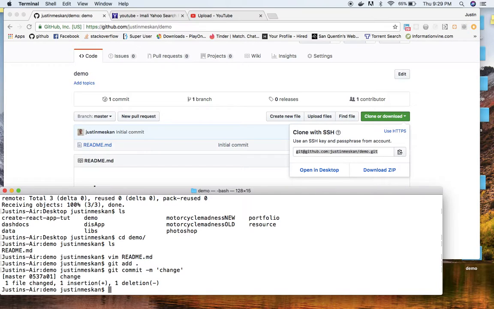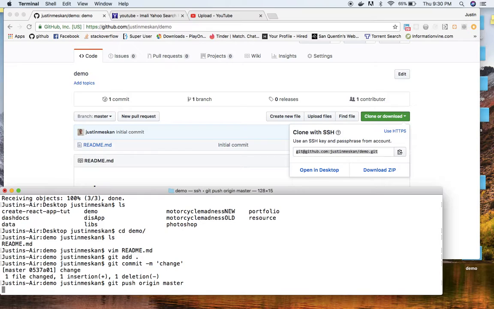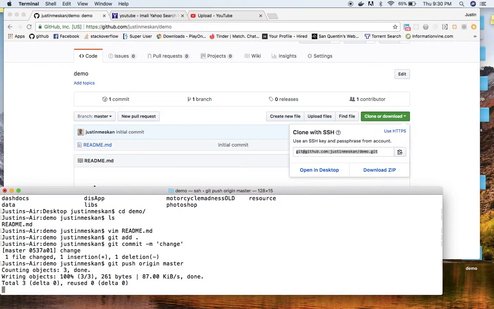And okay, now we have changes. We've staged them. We've made our first commit. And there's one more command to push this new commit to GitHub, and that's git push. We're going to say origin and master. The branch that you're on is actually called the master branch, so we want to push that branch to GitHub. Push enter, and